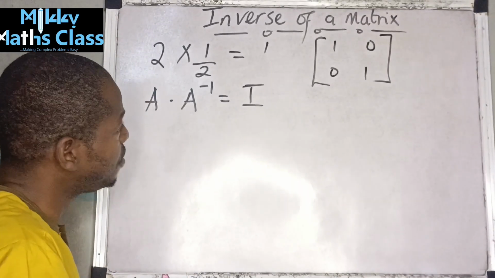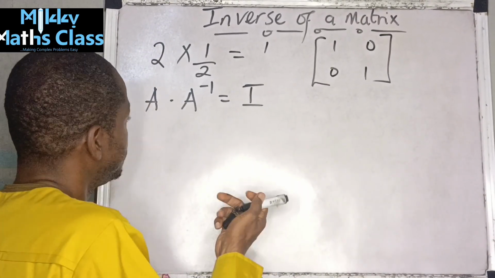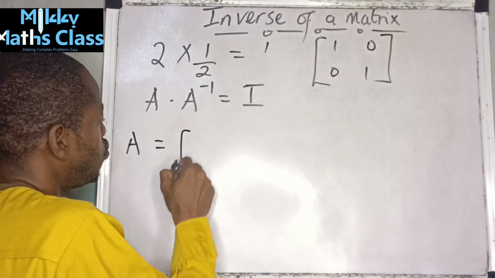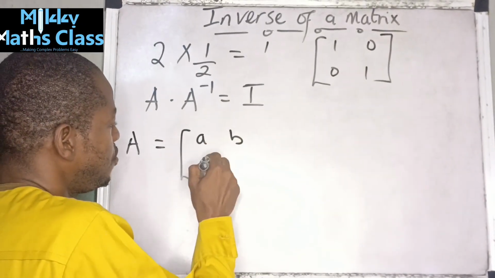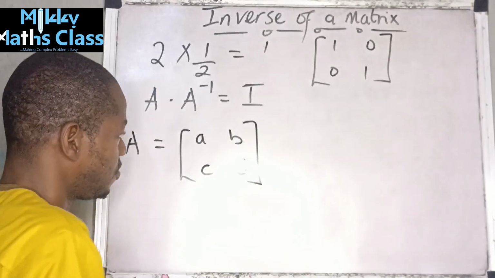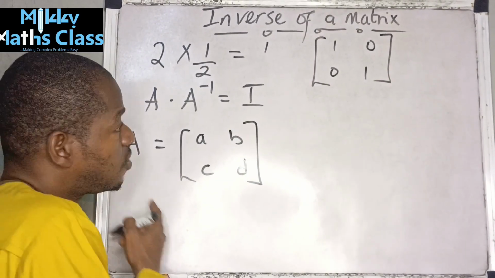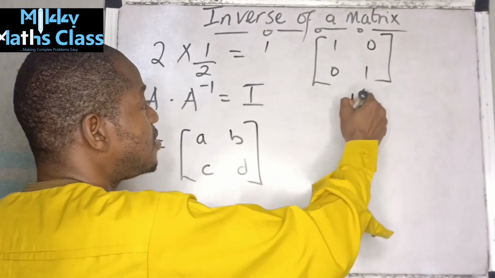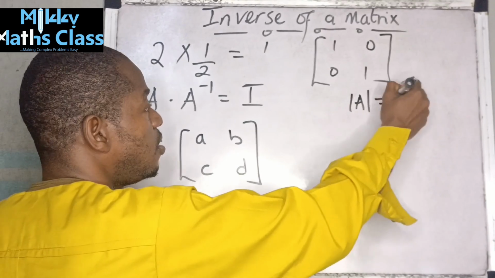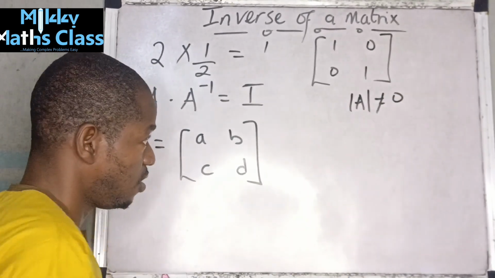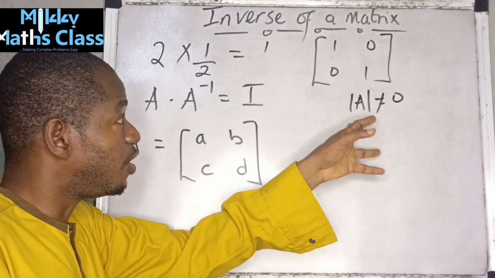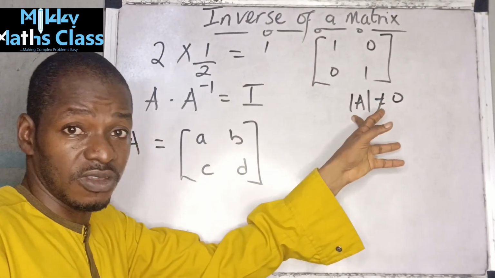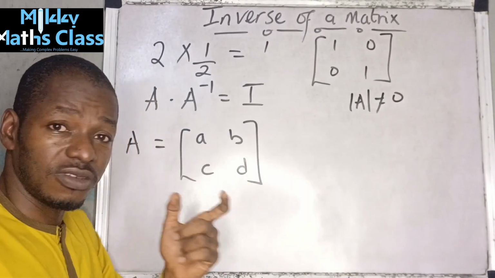Okay, now if I have a 2 by 2 matrix, let's say matrix A is equal to A, B, C, and D. These are the elements. The inverse of this matrix. Now take note, a matrix has an inverse only if the determinant of the matrix is not equal to 0. That's the condition for a matrix to have an inverse. If the determinant of the matrix is 0, then the matrix has no